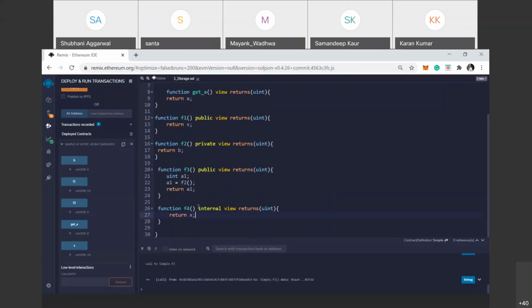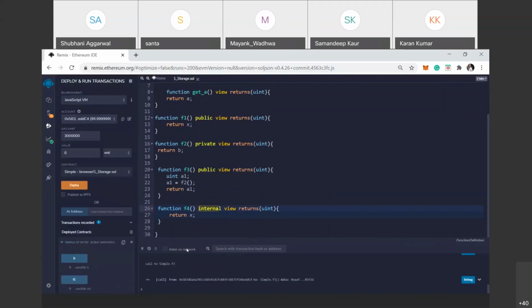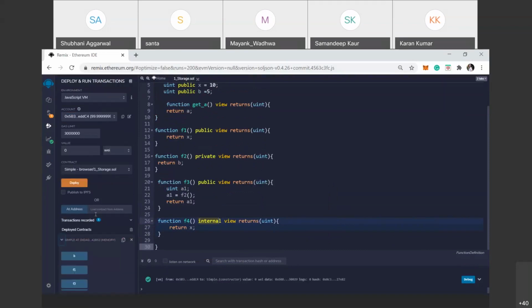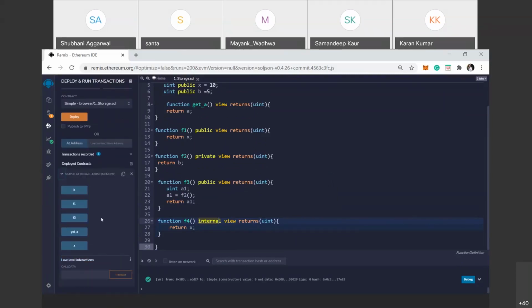Since it is internal in nature, we cannot call it from outside. The outside window is the deployment window. So if you deploy this contract, you can see that there is no f4 function here because it is internal in nature.